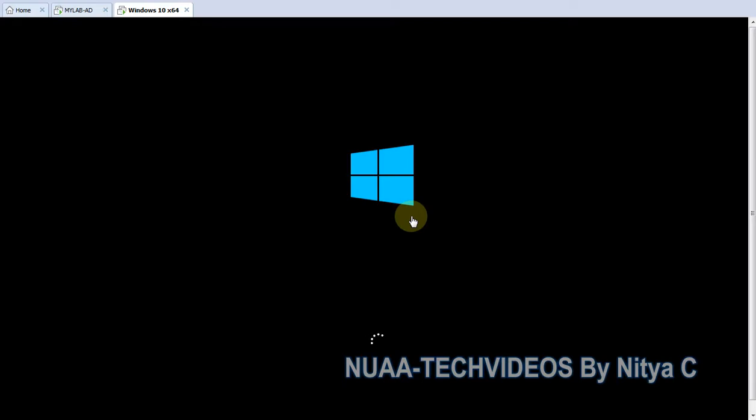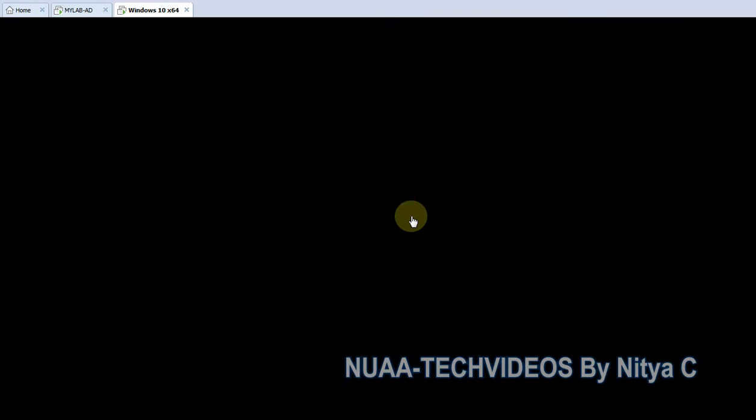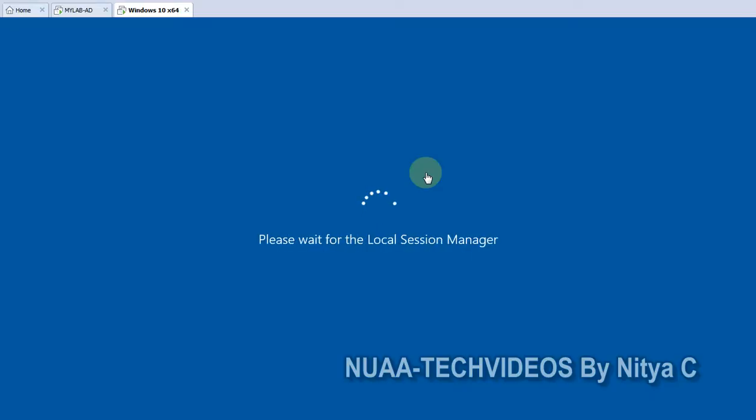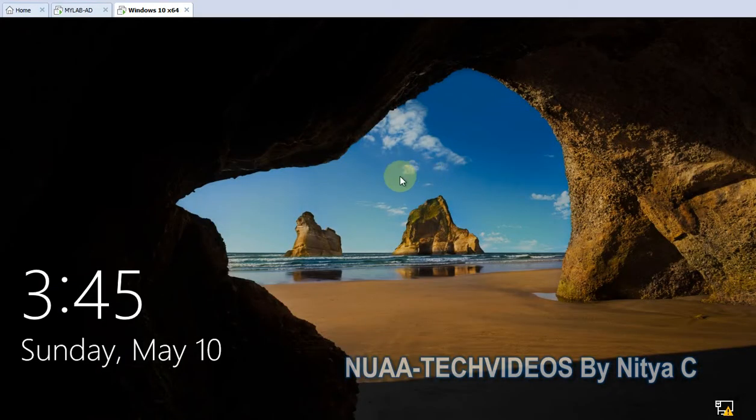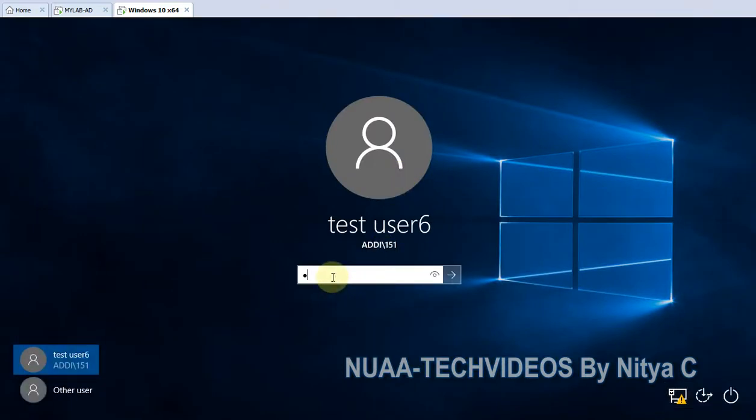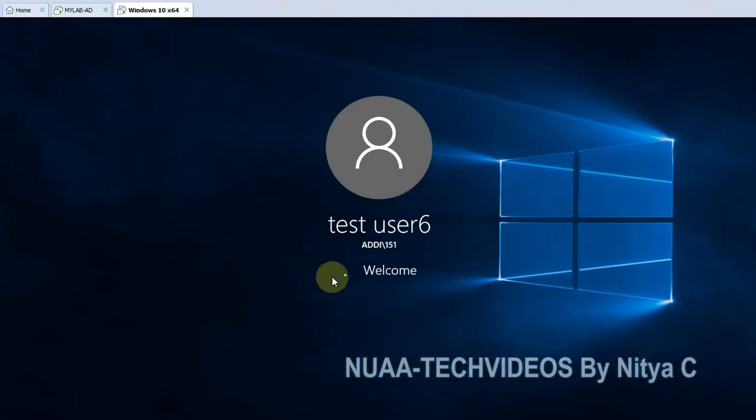So this can help you to drill down what's going on, and now we have observed that shutting down service is taking more time. So shutting down means there is a script which is scheduled for shutdown in one of the policies. Okay, you can see here. Okay, let me log in. Okay, you can see preparing Windows.